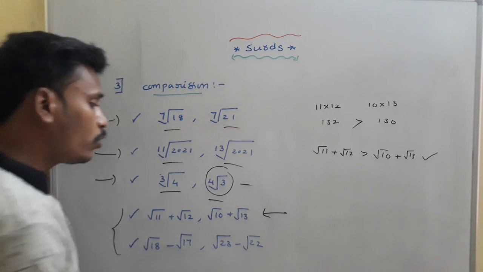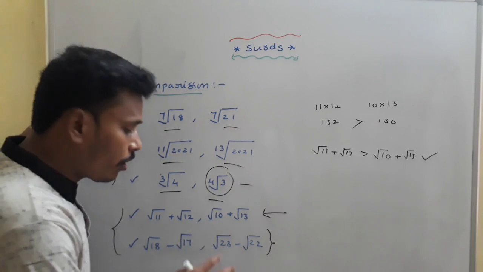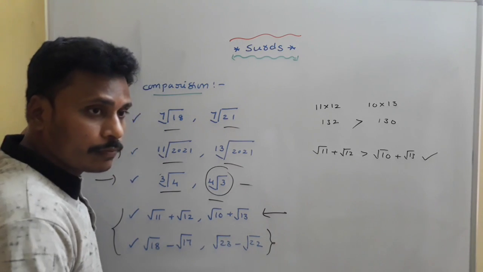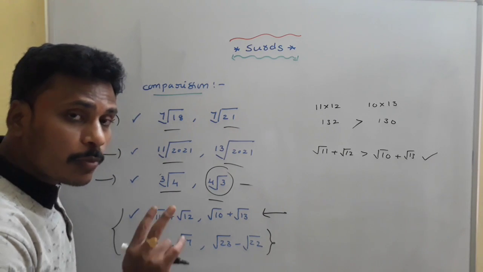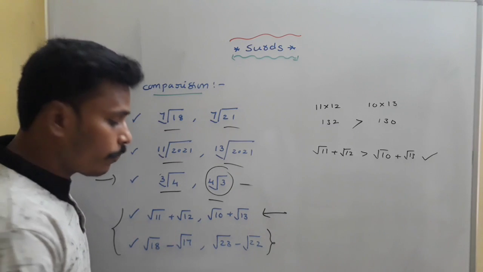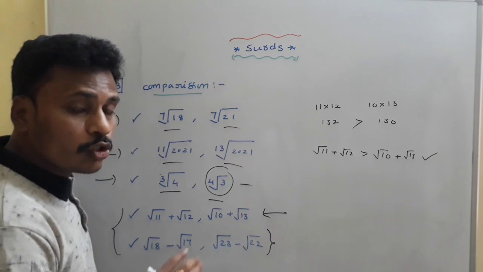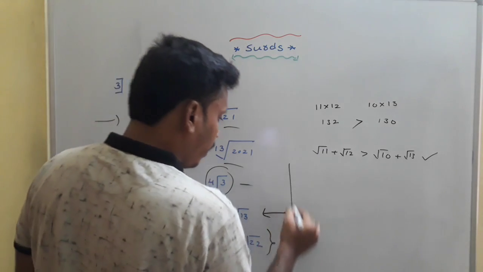Okay. Whereas when you think about this, here 18 plus 17 is not equal to 23 plus 22. Okay. And we will compare these surds just by observing the difference. 18 minus 17 is just 1. 23 minus 22 is also just 1. Okay, and for suppose, how can we compare?